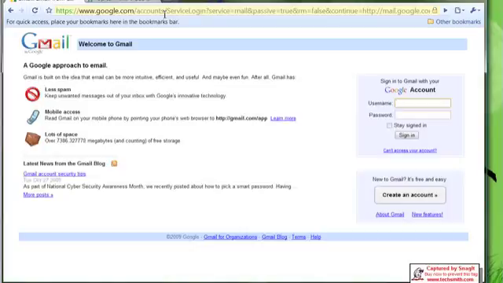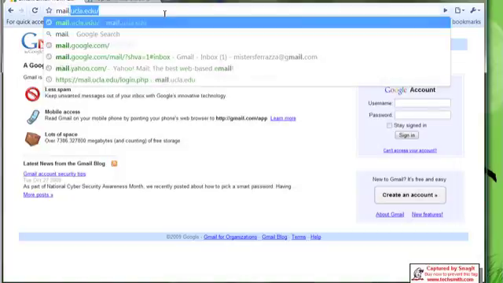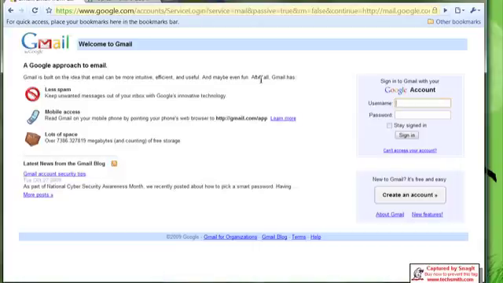This page may or may not come up. If it comes up, just sign in. If it doesn't, it may be blocked. To get around that, type mail.google.com, and it should work even if gmail.com is blocked. Sign in,